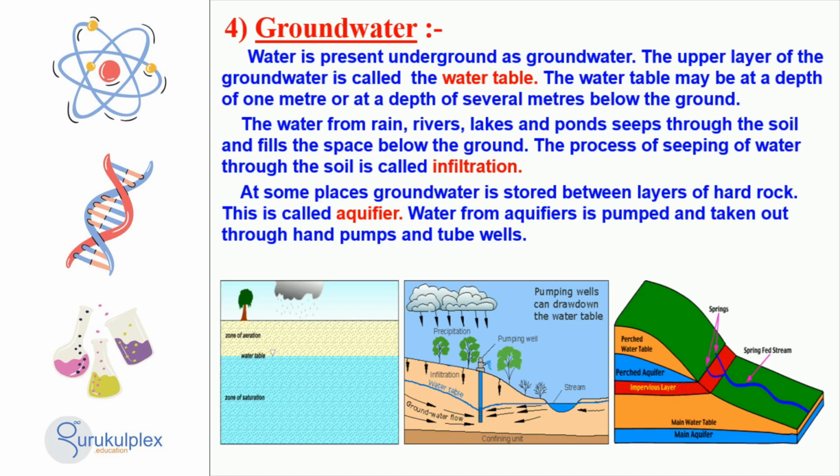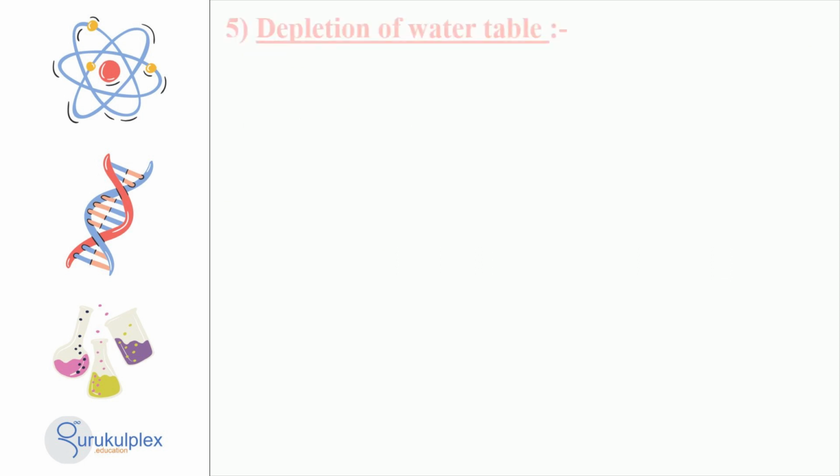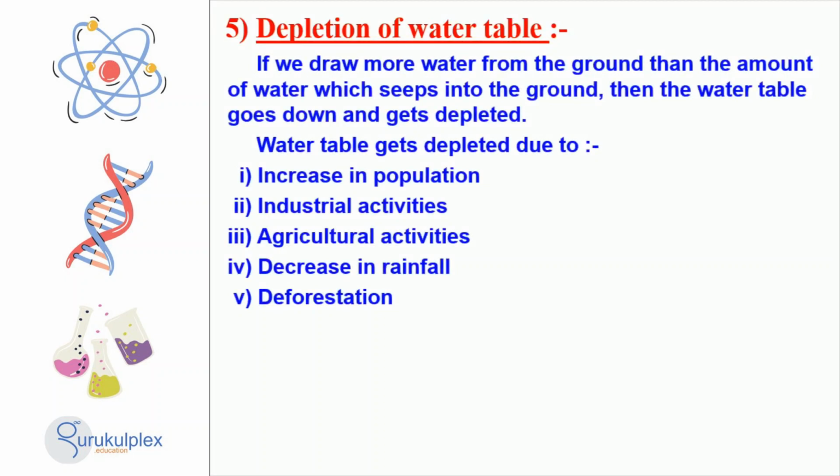Groundwater is a precious resource and we should take steps to conserve it properly. The issue of a declining water table is a key concern in water management. Human activities like population growth, industrial and agricultural activities, reduced rainfall and deforestation can all take a toll on our water resources. Overdrawing of water from the ground that can be restored leads to depletion of the water table. Hence, it is imperative to develop sustainable solutions to prevent the loss of this invaluable source of water.